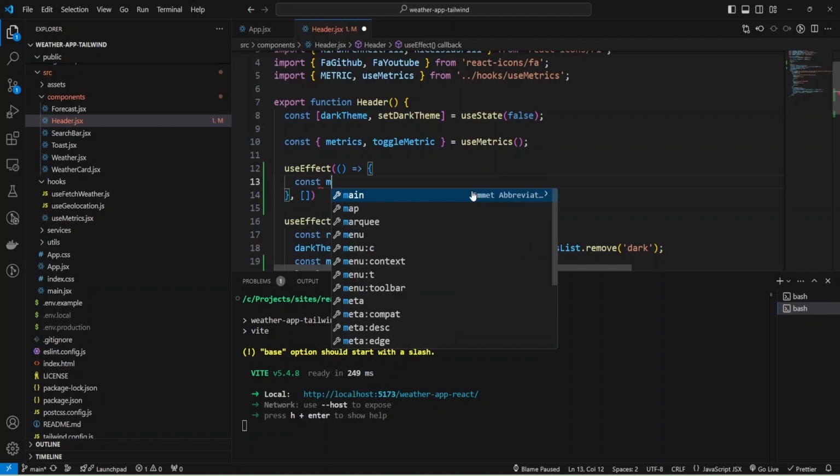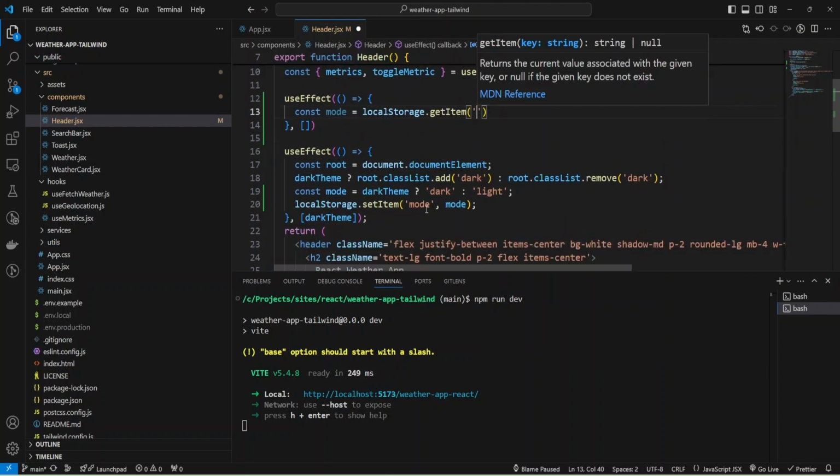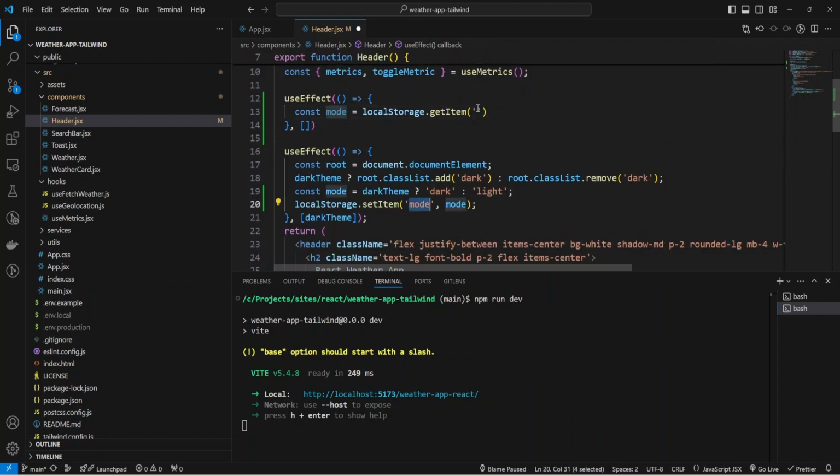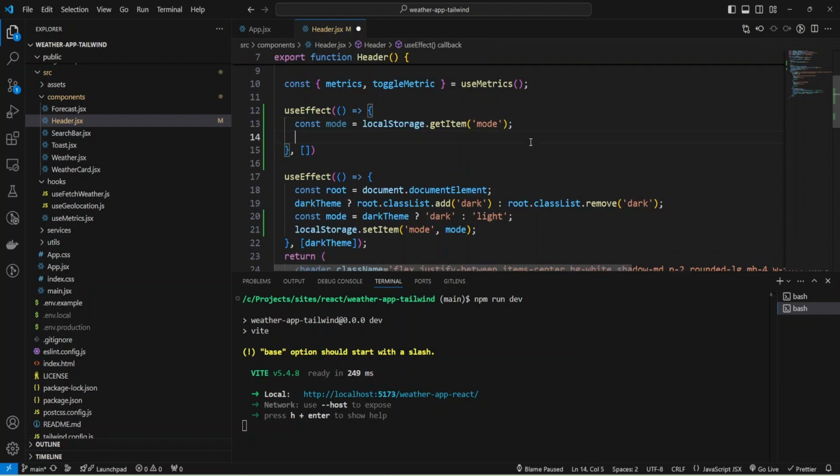I'll provide mode, and we'll use localStorage.getItem, and we have the key, we used mode, and now I'm going to use that key and extract mode from local storage, and now I can check if mode equals dark.